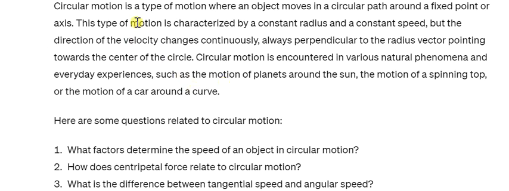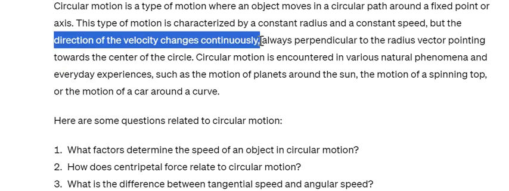Circular motion is a type of motion where an object moves in a circular path around a fixed point or axis. This type of motion is characterized by a constant radius and constant speed, while the direction of velocity changes continuously. Okay, so there is a noticeable point here. What is that? In circular motion, the